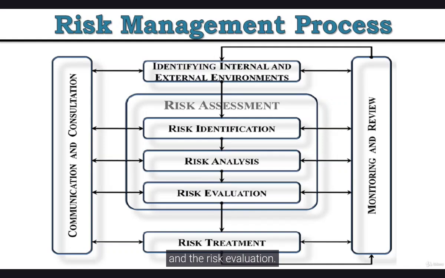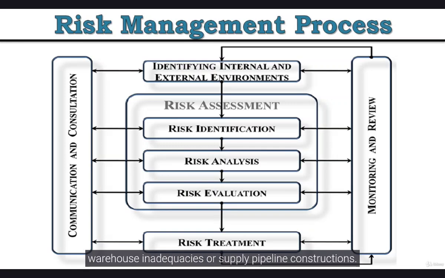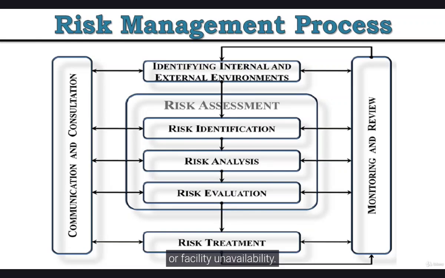Risk identification may entail using a list of common risks, including external risks such as natural disasters, accidents, sabotage, or labor uncertainty. Supplier risks such as production problems, financial issues, or subcontractor problems. Distribution risks such as cargo damage, warehouse inadequacies, or supply pipeline constrictions. And some internal risks such as personnel availability or facility unavailability. Such a process will also involve prioritizing risks by the threat, as measured by likelihood and consequence, they can pose to a firm's operations.